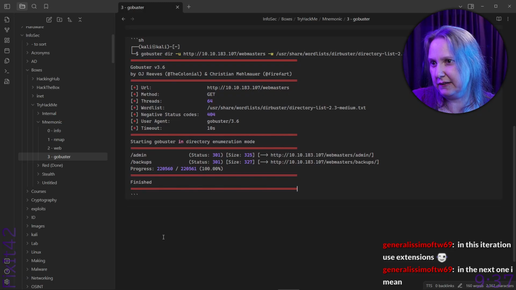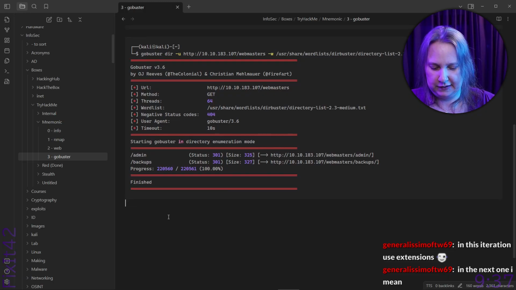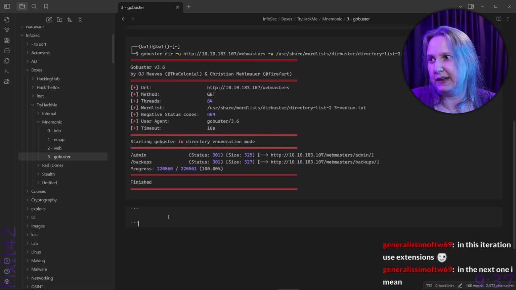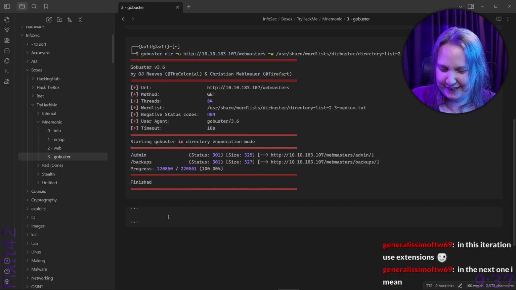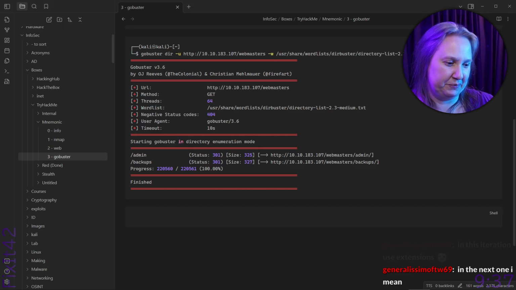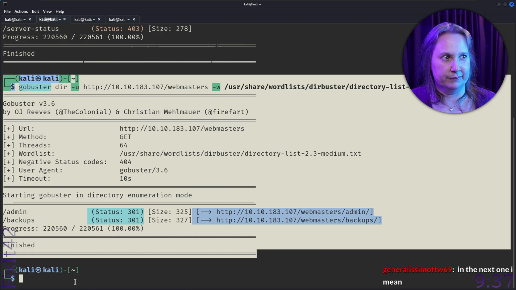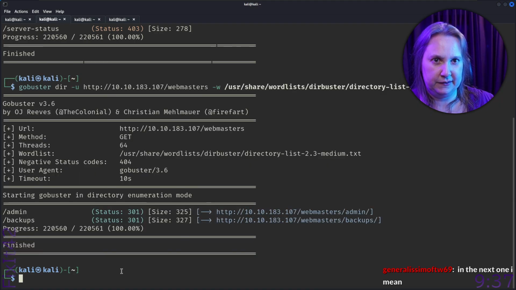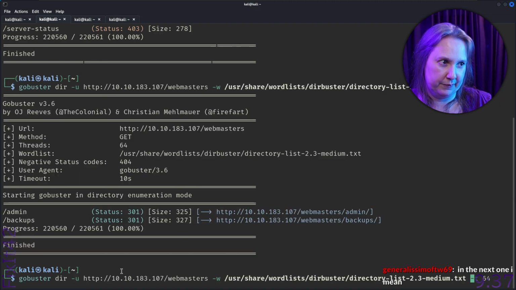Let's see. Yeah, we got the latest. We're going to make a new one, so I know this already. We have to, of course, continue doing the recursiveness manually. So let's do this time with admin.